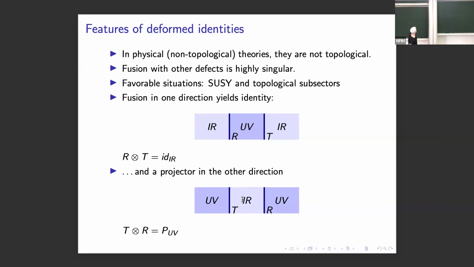Then as a consequence, you get a projector in the other direction. So if you have the UV on the outside, you squeeze in a little piece of IR and you merge the two lines, however difficult it may be or however easy it may be, you get a projector on this theory UV that remembers that the IR theory was squeezed in. Right, so this is some semi-invertibility condition. On purpose, I didn't give these lines any specific orientation or call the defects adjoints or so,